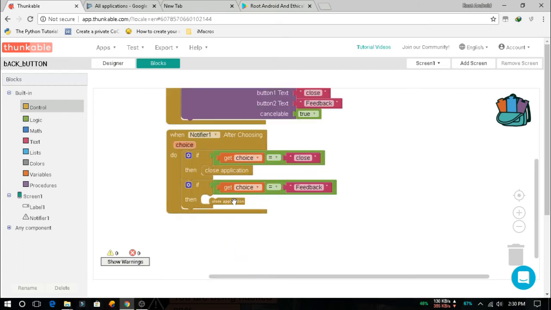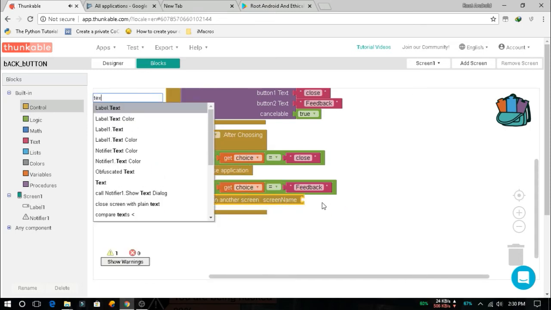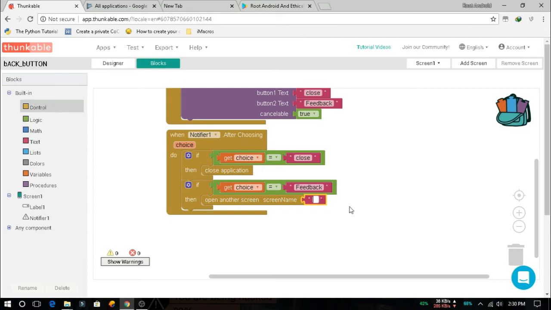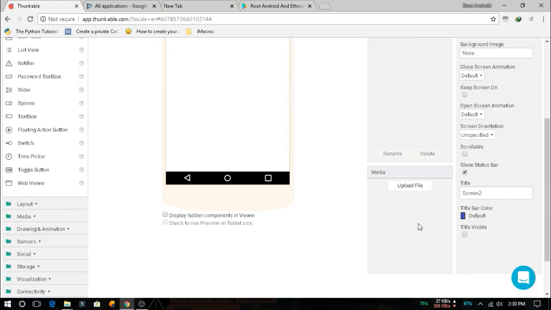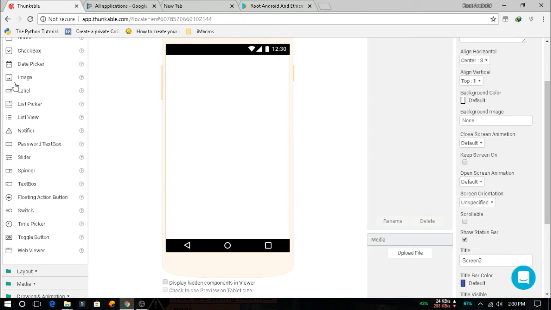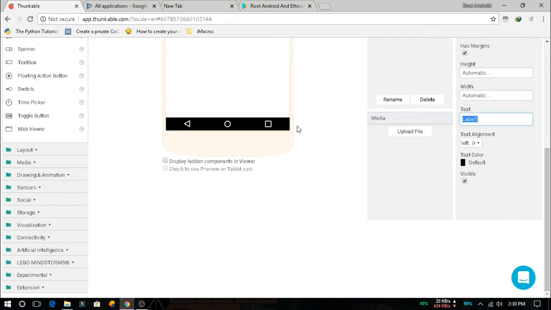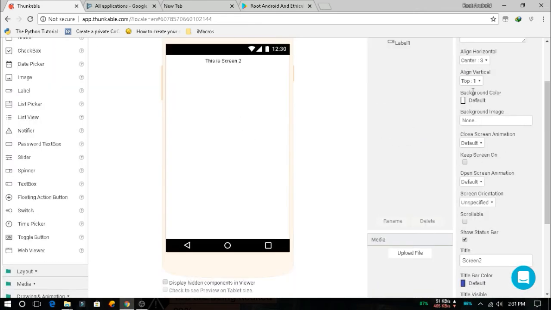and we will open another screen named screen 2. Now it's done. We will add another screen named screen 2, and now let's add a label, and this is screen 2, to the center,